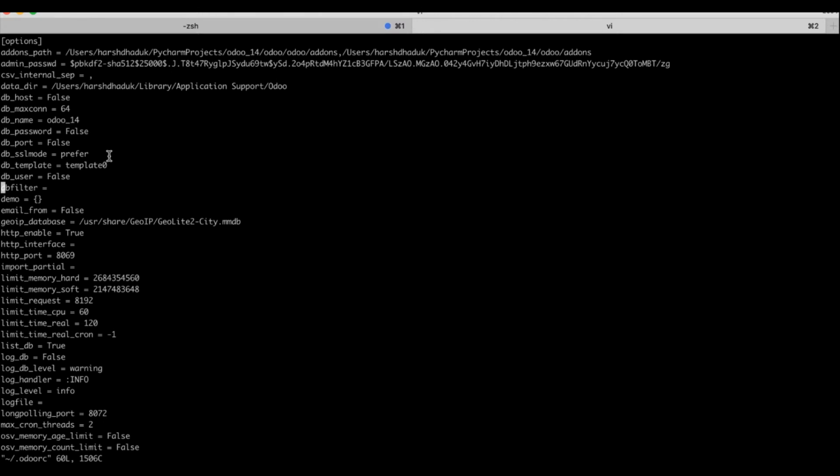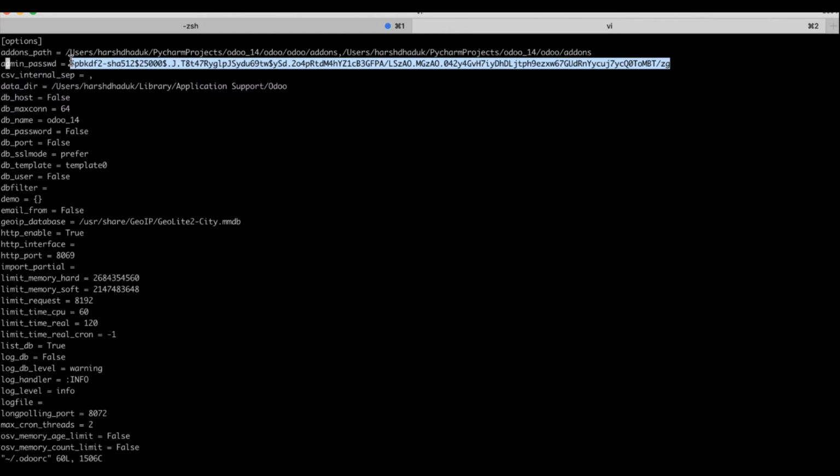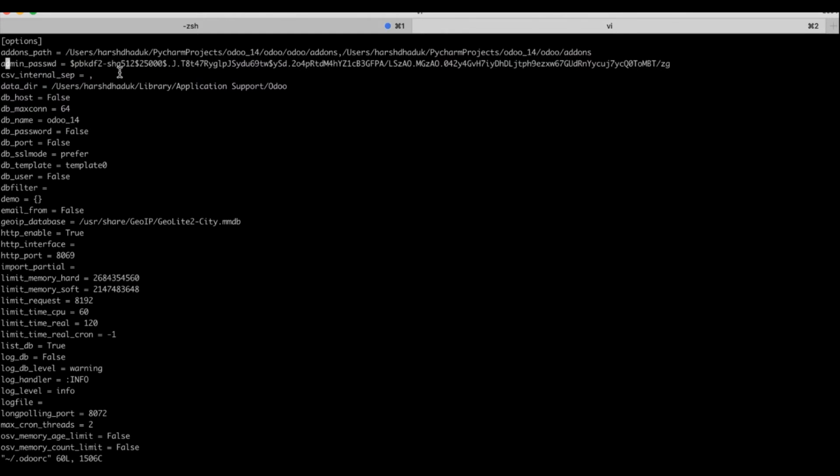Odoo itself creates this configuration file, and here you can see this admin_password parameter. This parameter contains the password, which is a hash, and I don't know what the password actually is.